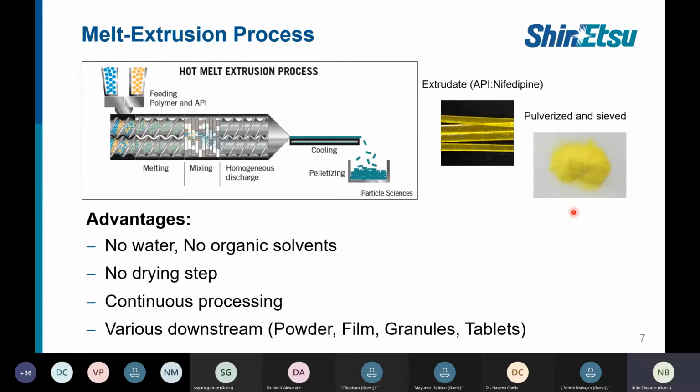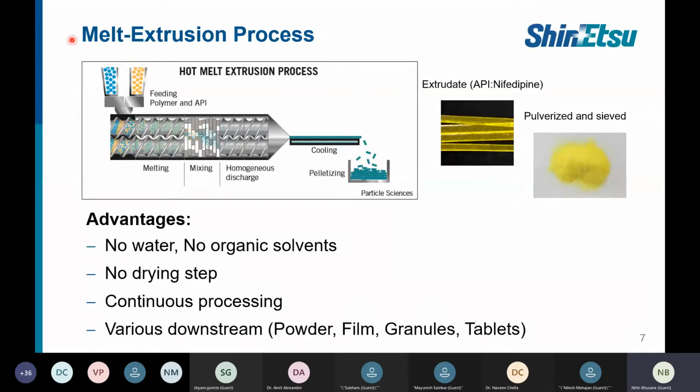So coming to the melt extrusion process, I guess you must have taken some trial or you must have seen at some event what is the HME or hot melt process. Generally, you take a mixture of drug along with some carrier, or you can say the polymer. It passes through the twin screw with varying temperature zones basically. While passing through the twin screw, the polymer and drug, either one of them or both of them may get melted. Then it undergoes mixing and finally you get a homogeneous discharge.